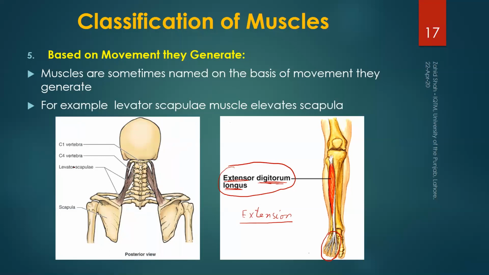Another muscle is levator scapulae. This is also telling us two things. Levator means it elevates. We saw two movements, elevation and depression of the shoulder. So this muscle actually elevates the shoulder. It moves the shoulder in an upward direction. So levator shows the movement that this muscle generates, and scapulae means again the body part where this movement is generated, and that body part is your scapula, this one, the shoulder blade. So we get the information about the movement generated as well as the body part where that movement will be generated.